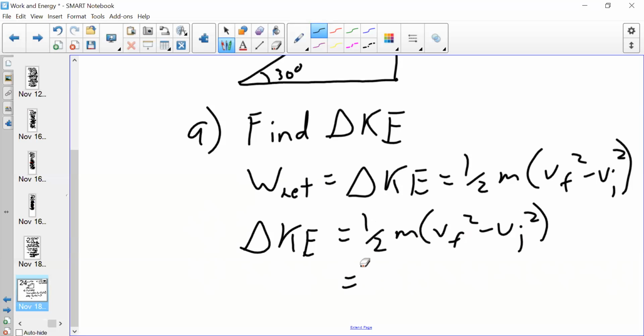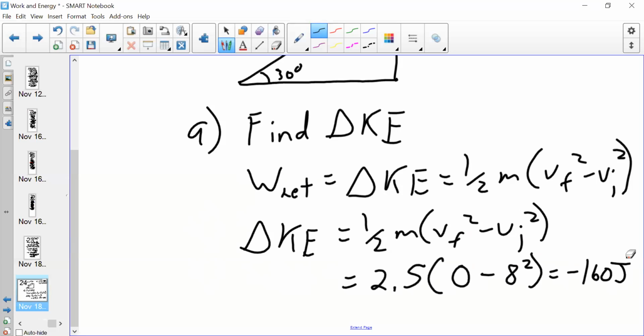All right, so 1/2 of the mass, which is 5, 2.5, 0 minus 8 squared, that becomes negative 160. Because you got it, and that's great, but I don't think we're all here yet. And I want everybody to be here. I want everybody to be on the same boat. The questions on that. Change in kinetic energy is,